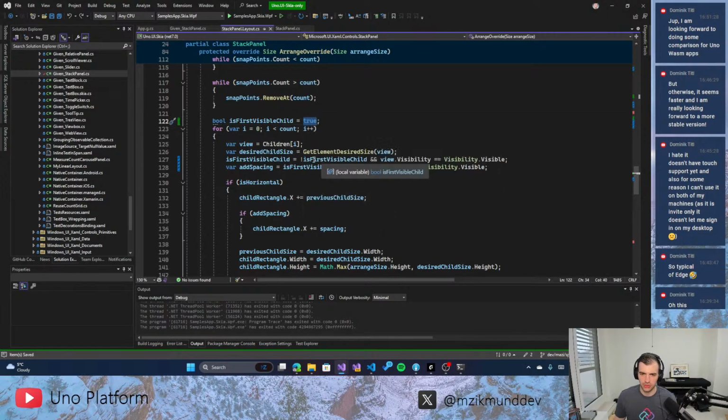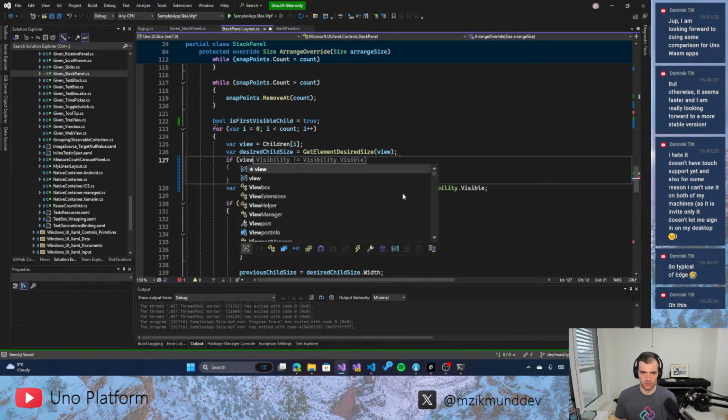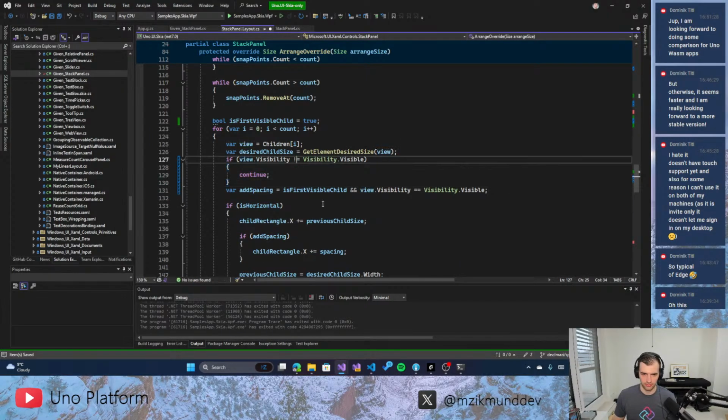So initially it should be true, or rather, okay, let's do it like this. So if the view is visible, and it's the first visible child,